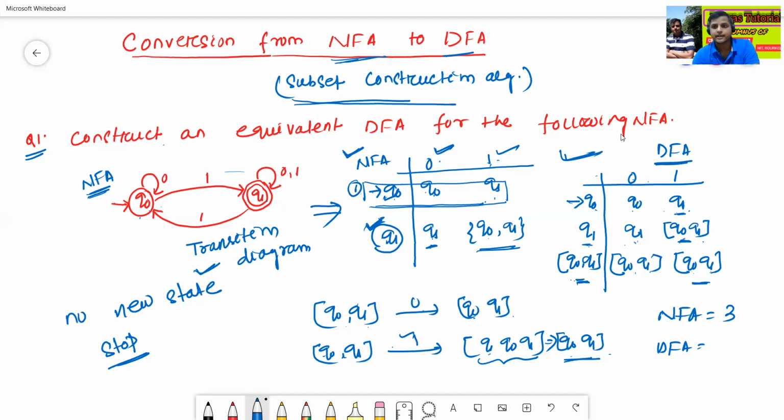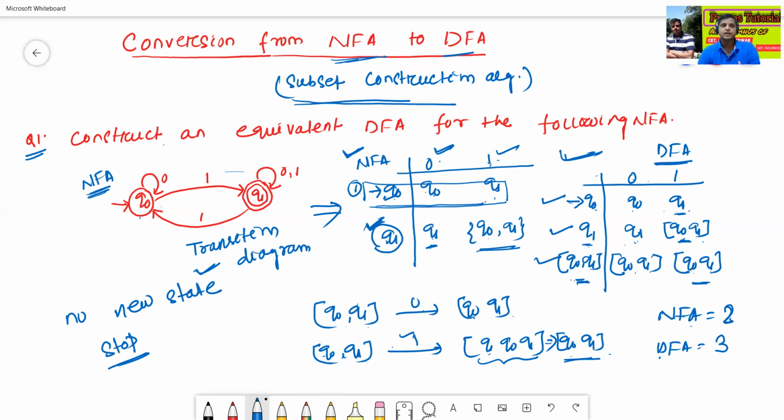Initially the NFA contains 2 states. After conversion from NFA to DFA, my DFA contains first 1, 2, 3, a total of 3 states.